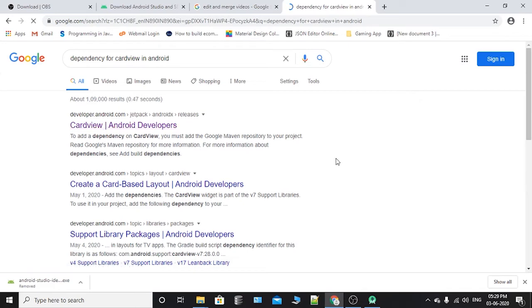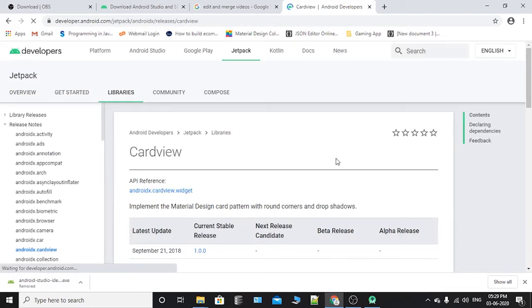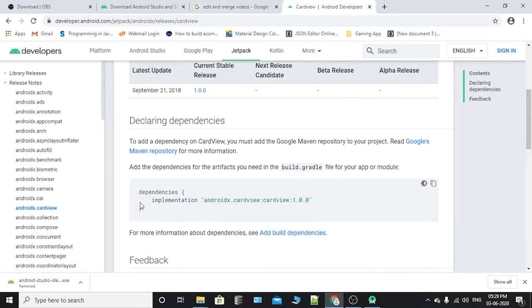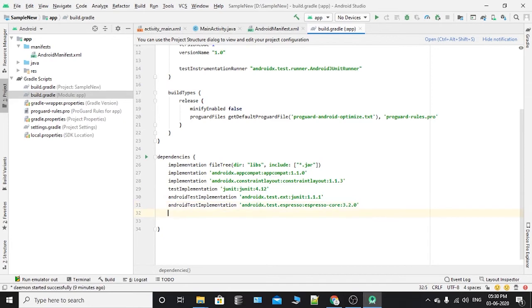Click on this. Okay, you can see the current version of CardView is 1.0.0. You can see the dependency here. You just need to copy and paste it in your dependency. In the same way, we can use it for recycler view, image, JSON, or network state, and so on.